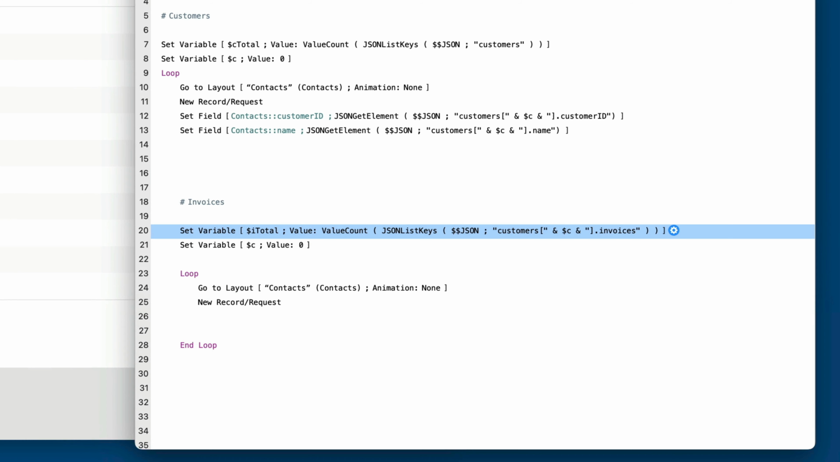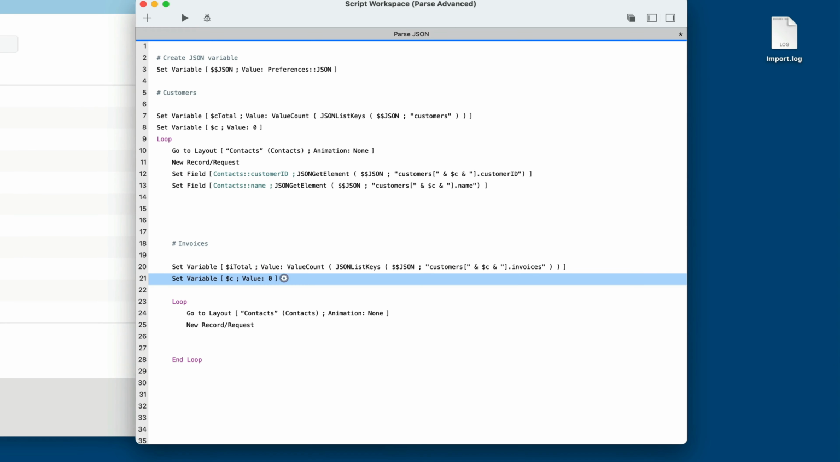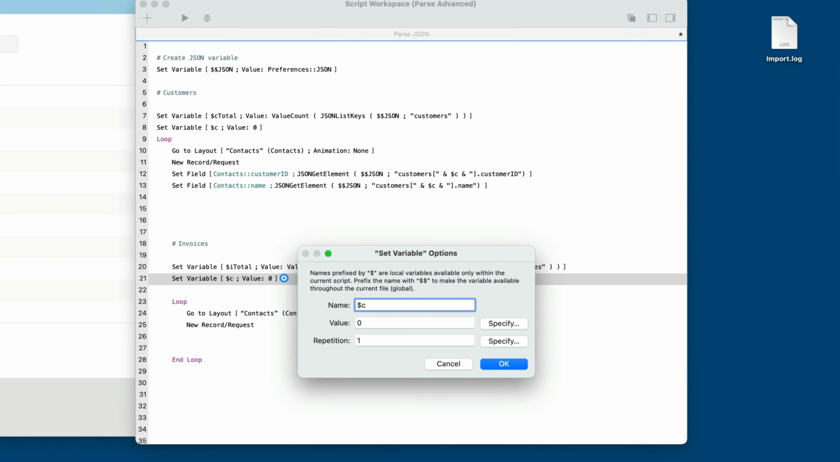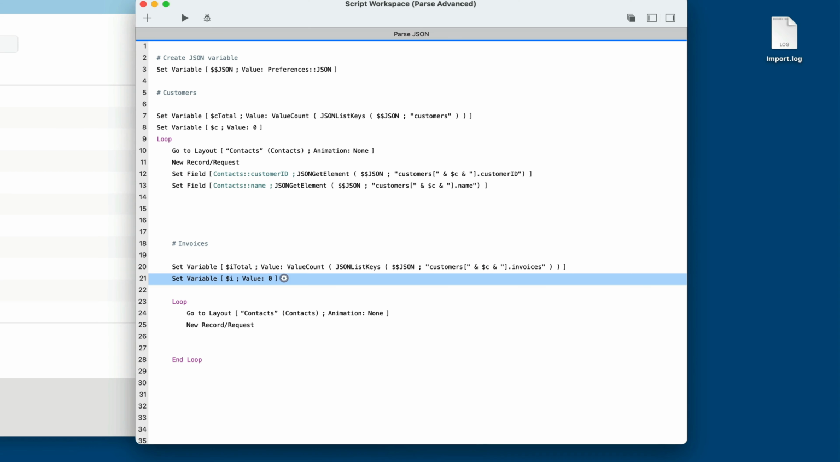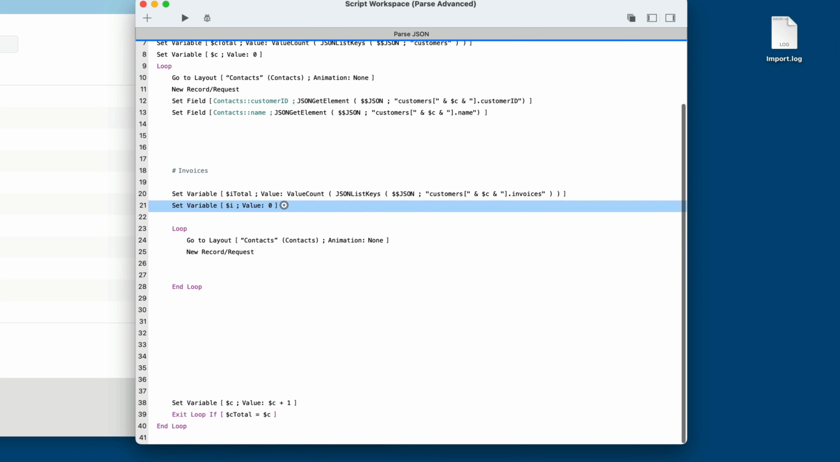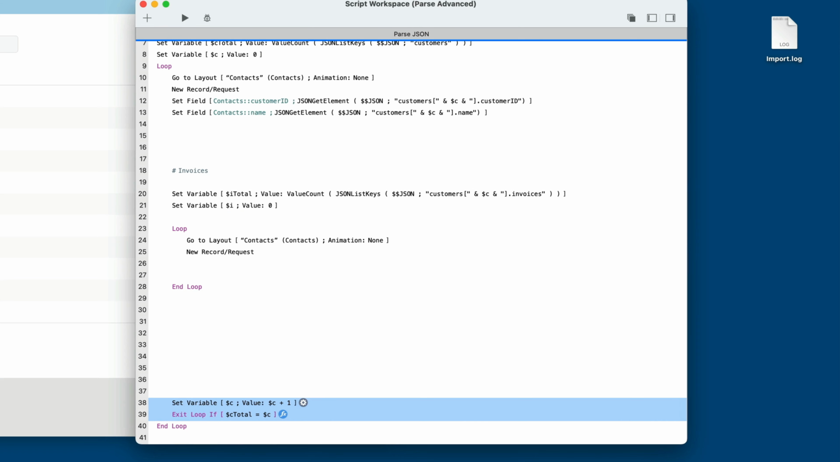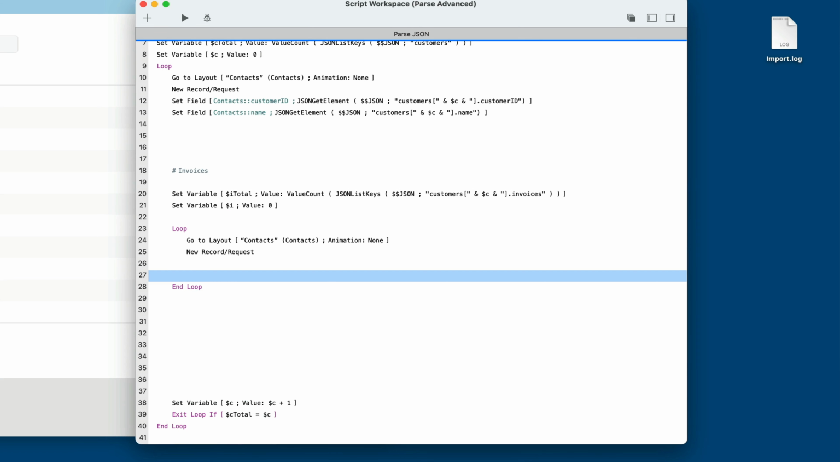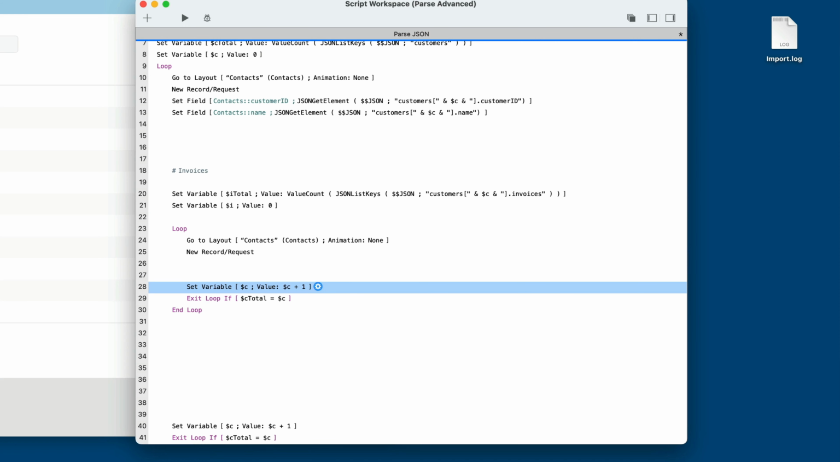So that'll get us our invoice total. Then this variable here needs to be changed to the I. Okay, and then we need a way to increment that. So we have that down here. Let's copy these two script steps, put this at the end of the loop here, and change it around a